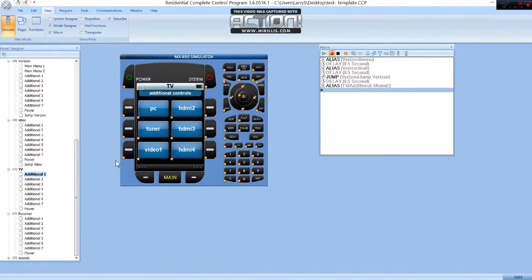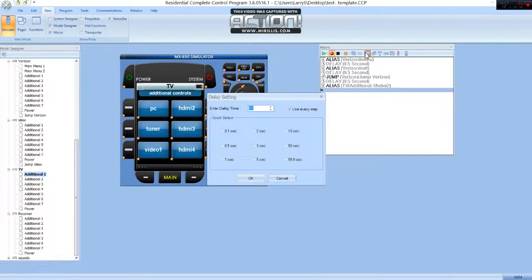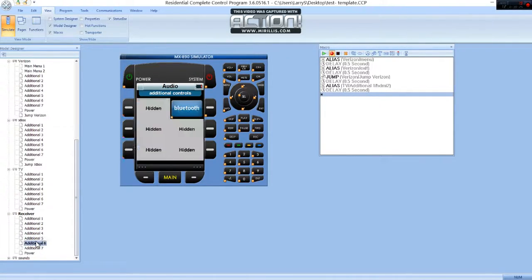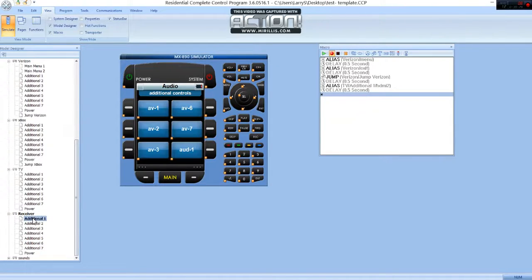and we'll go to the next thing, which is going to be, make sure this isn't, okay, that's already set up with my half a second, but I didn't add one. Okay, I'll go here, okay, yeah. And my receiver is going to be, where are you? Okay, we'll call it AV1,